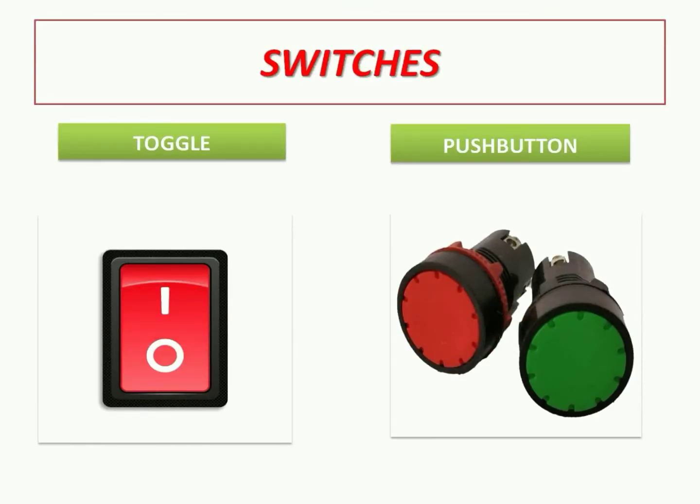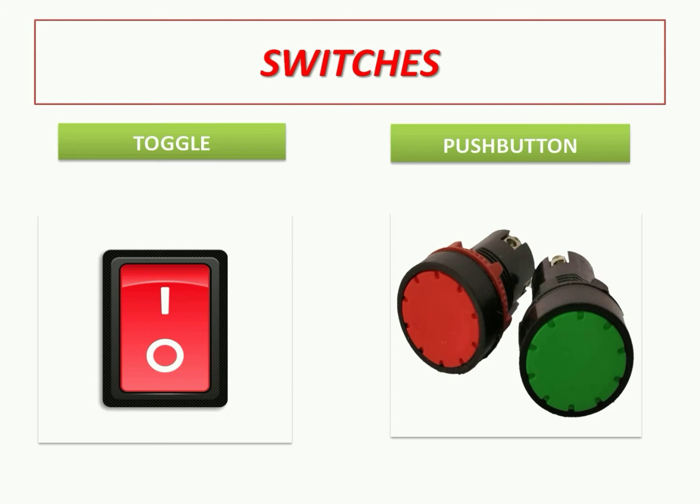So you can see the presentation on your screen. There are many types of switches, but I want to start with these two types basically. First, on the left side you can see the toggle switch, and on the right side a push button. A toggle switch you can also see at your homes, like to switch on the fans and lights. When you press it on, it remains on. When you press it off, it remains off. So a toggle switch remains in the same position when you switch on or switch off.